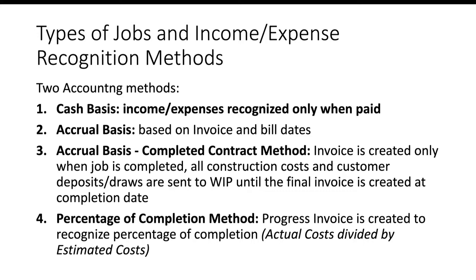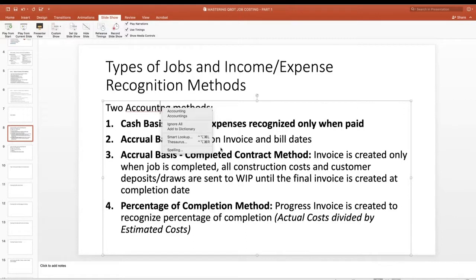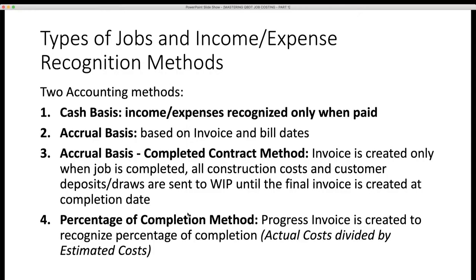And whenever we deal with that, we are dealing with the fourth method of accounting, which is called percentage of completion method. Notice that's missing an I. By the way, note to self, if you ever see an accountant that misspells accounting, you probably should worry. Anyway, so percentage of completion method is that most complex and most intricate type of accounting on the accrual basis